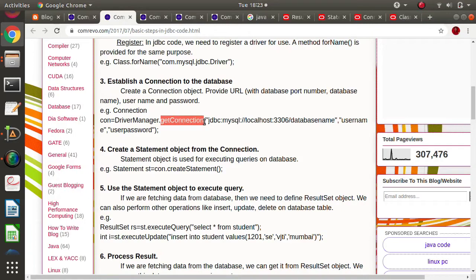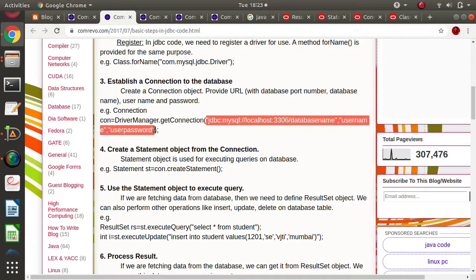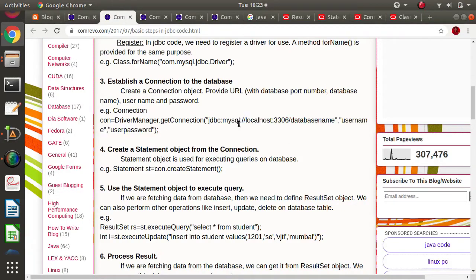Here we are passing three parameters: first is the URL, second is the username, and third is the password for that username.